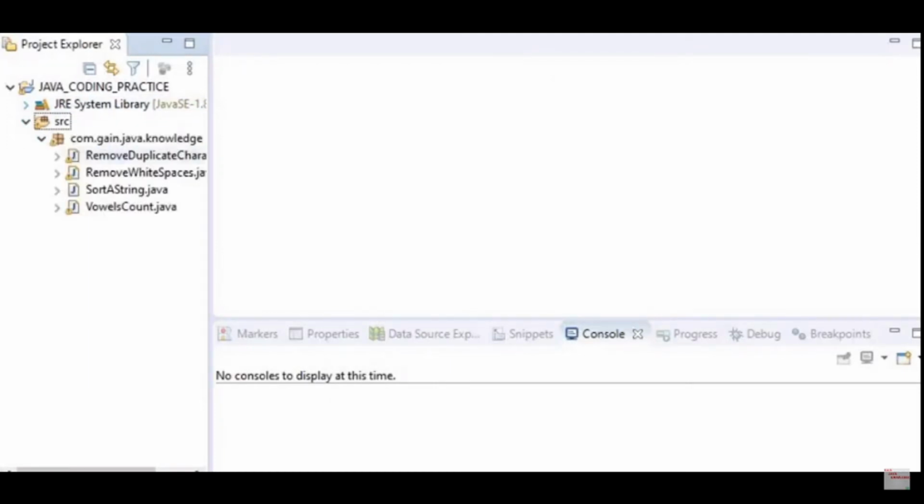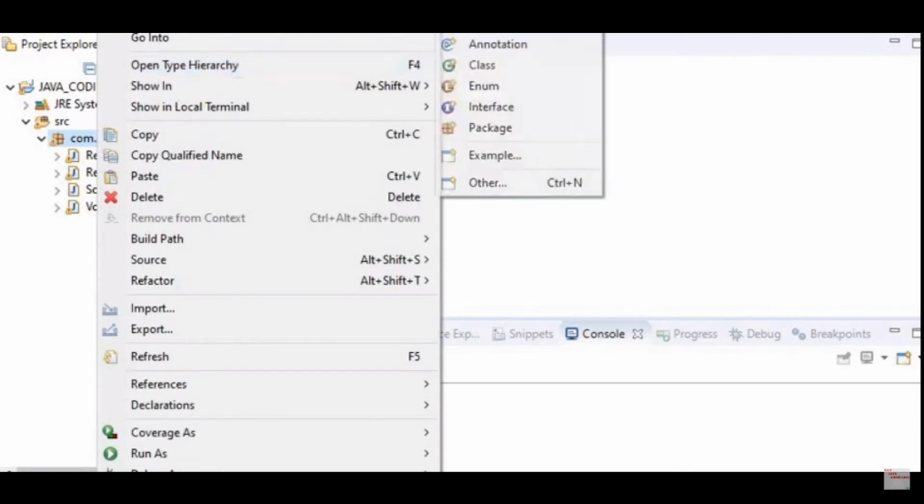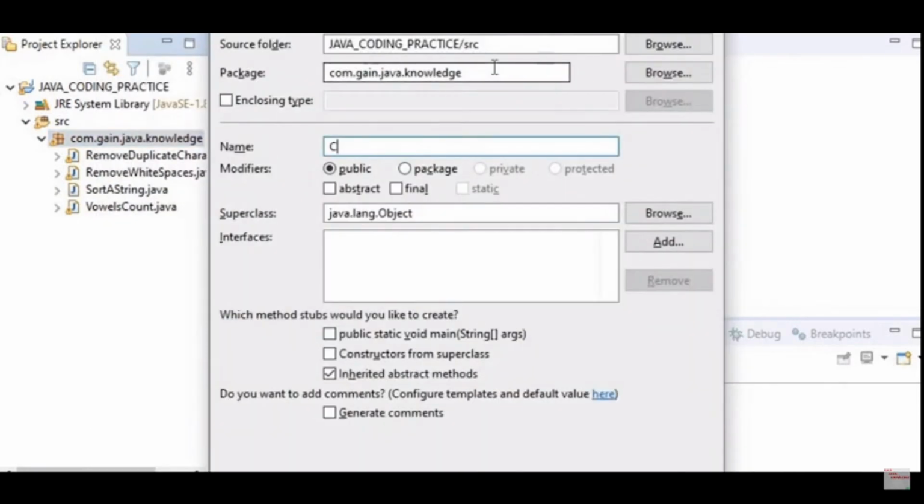So first here I will create one class, a new class that will be CalculatorApp.